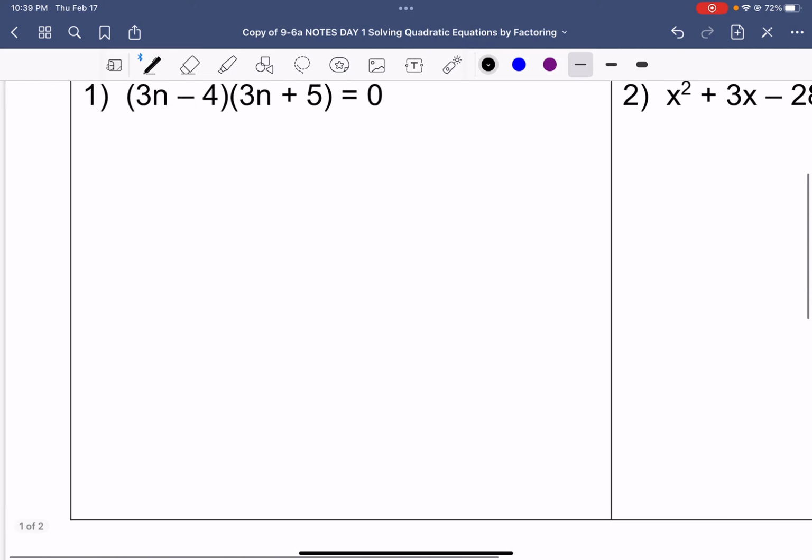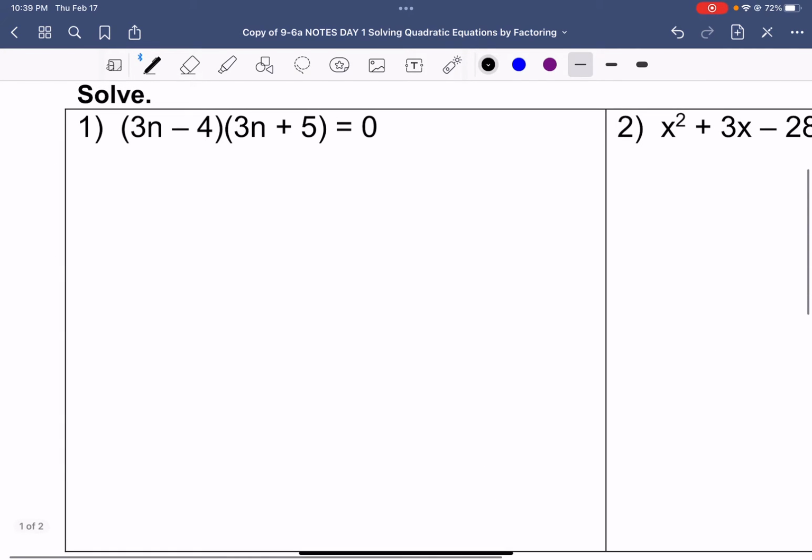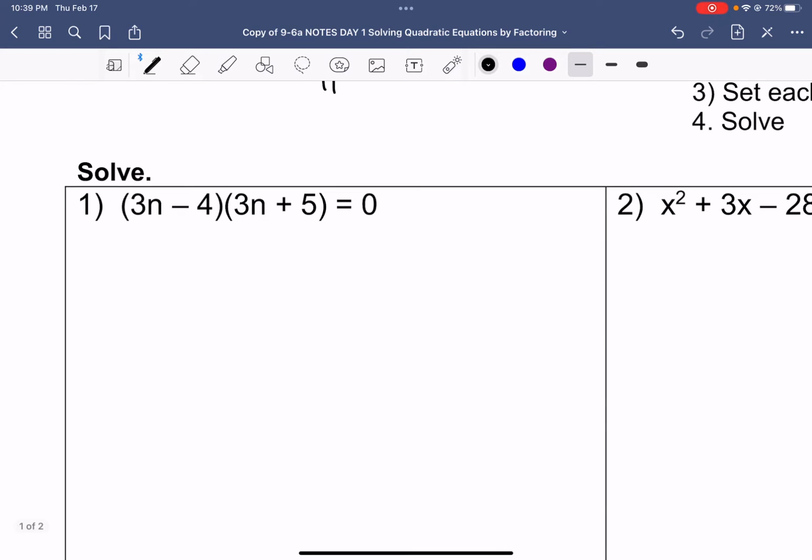So for example, right now, this is a quadratic. We don't know that off the top of our head, but we want to solve for what n could be. And there's two factors here. So this is factor number 1 and this is factor number 2. In order to solve this quadratic, I would set each factor equal to 0